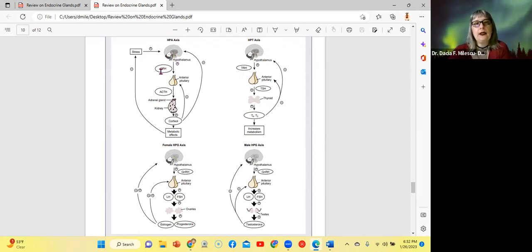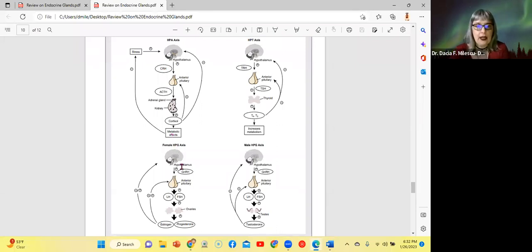The hypothalamus releases corticotropin releasing hormone, which then stimulates the anterior pituitary to release ACTH, which then stimulates the adrenal cortex to release cortisol and has the metabolic effects of hyperglycemia, hyperlipidemia, amino acids get released in the blood. So all of this causes elevation of blood volume, so blood pressure goes up, and hyperglycemia in a chronic state